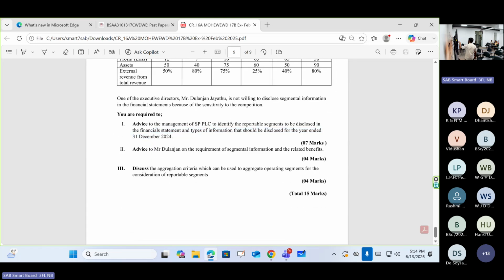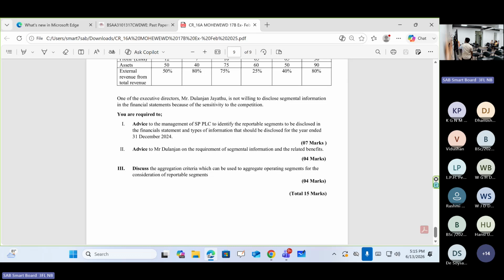So here it is requested: advise the management of SP to identify reportable segments, disclose in the financial statements, and the types of information that should be disclosed for the year ended 2024. What are the types of information? What are the reportable segments? Right? The main question has two parts. If you only identify the reportable segments and stop, it is 4 marks only. Advise to identify the reportable segments